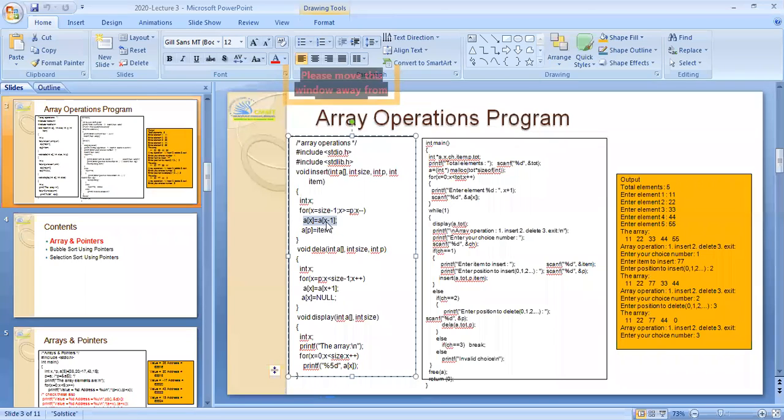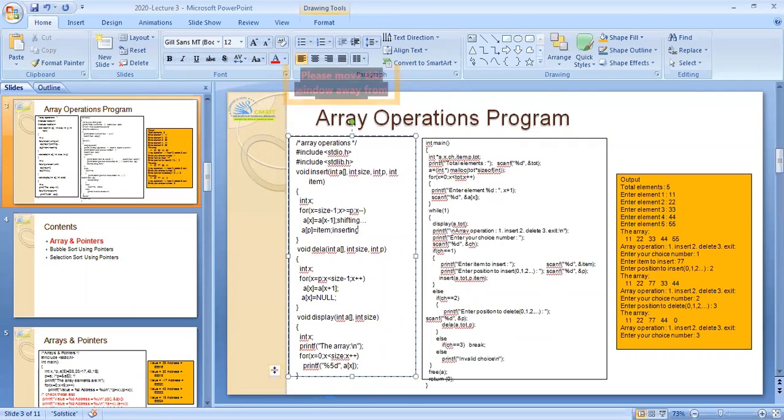So a of x is equal to a of x minus 1. That means a of 2 will contain a of 1 value, a of 3 will contain a of 2 value, a of 4 will contain a of 3 value, like that. So elements will be moved from left to right. This one we call shifting.